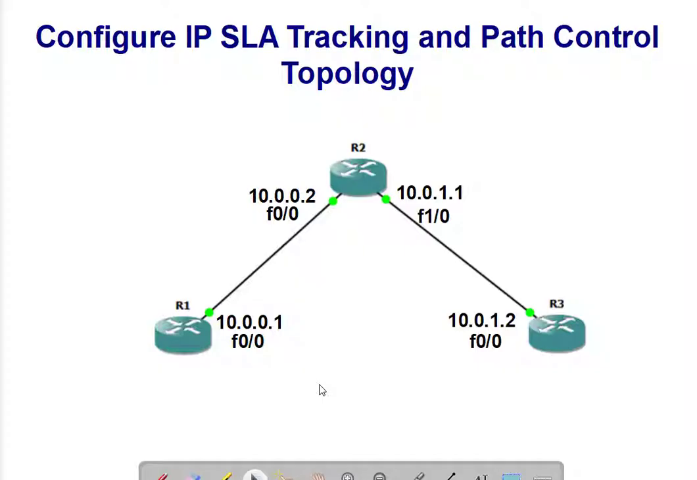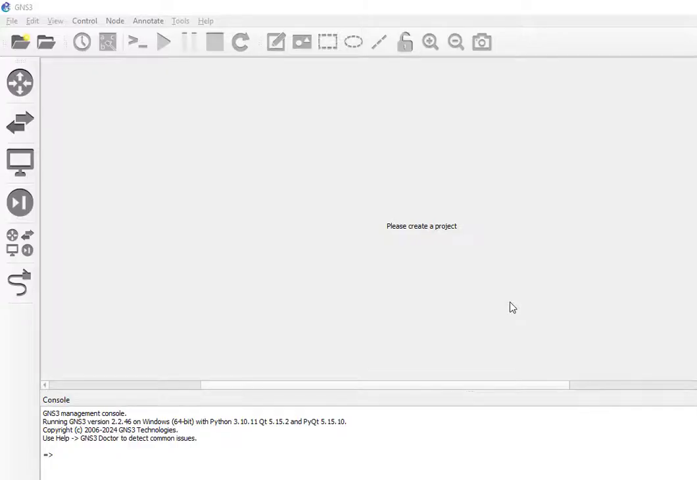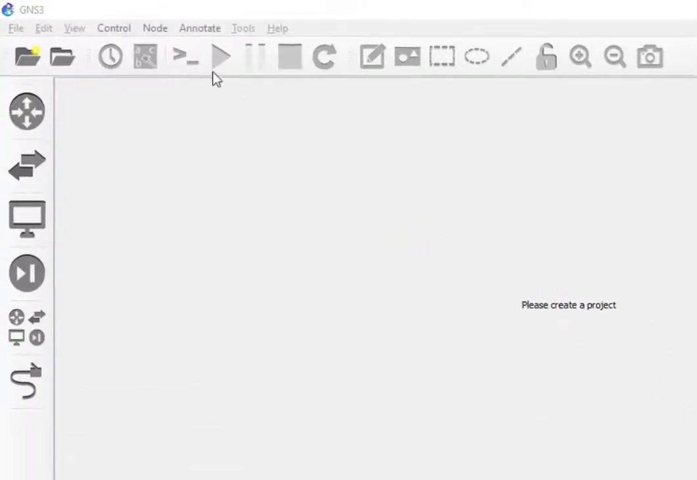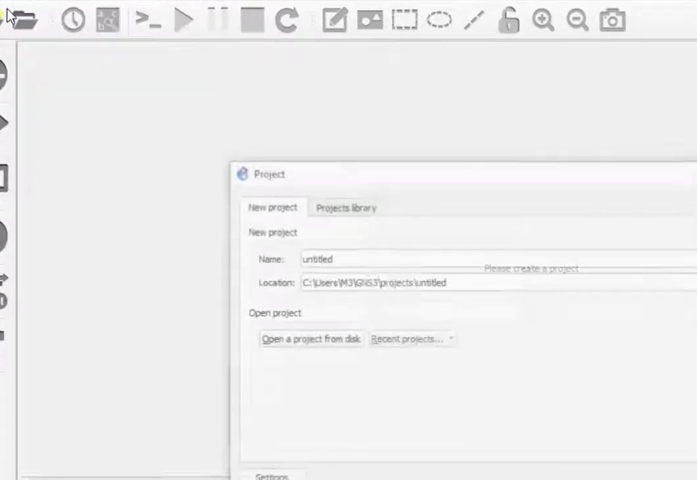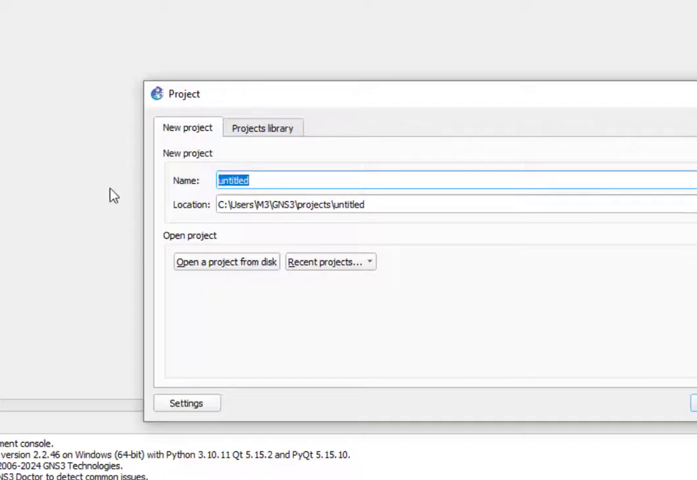Now let us start the practical. I'll be using GNS3. We'll configure this topology and then see the working. So now we are in GNS3. Before starting, we need to create a project. I'll just create a blank project, and I will name it SLA configure,